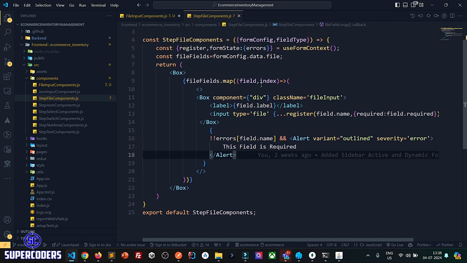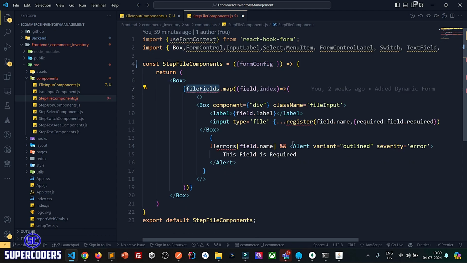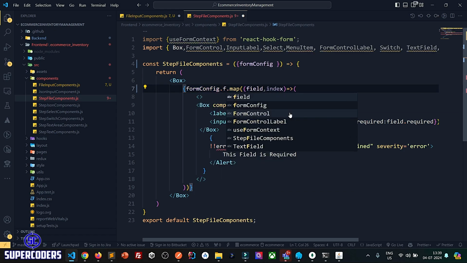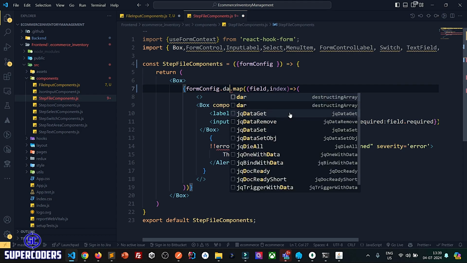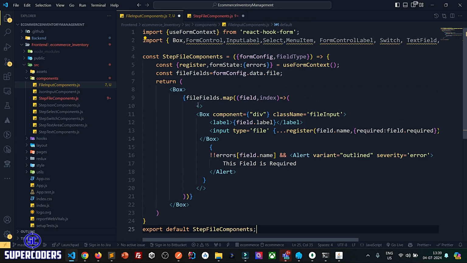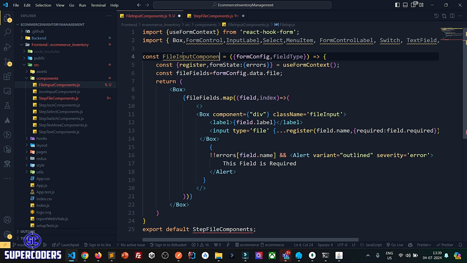And here in this shape file component, I don't need field type. Then here I don't need all these things. So instead of that, I need form config dot data dot file. Let's change this way. After that, I'm going to render my file component, this one. So just change this to file input component. Copy it, paste it,